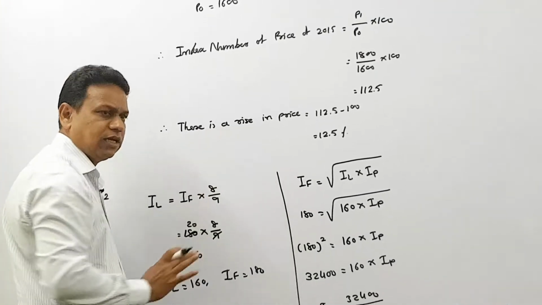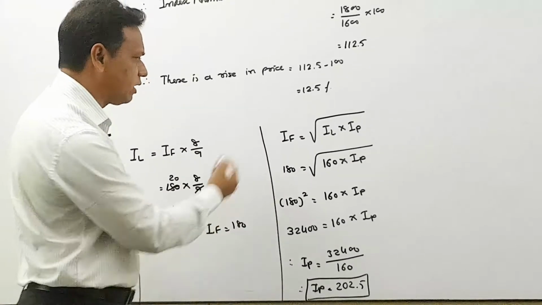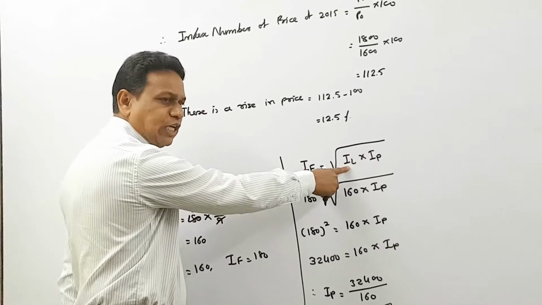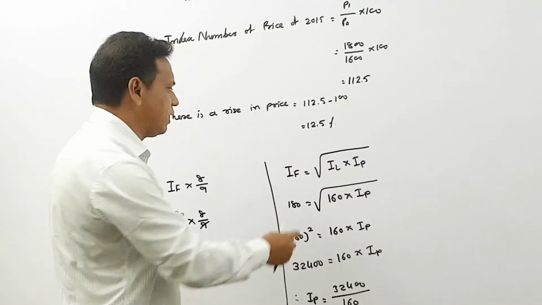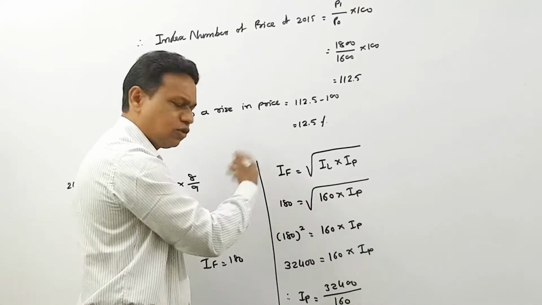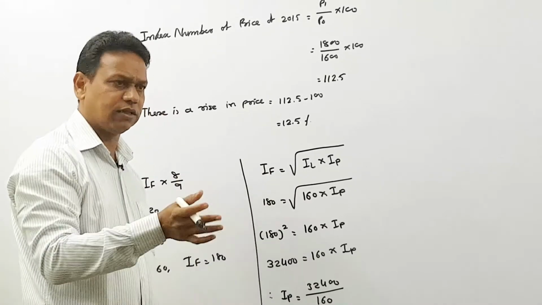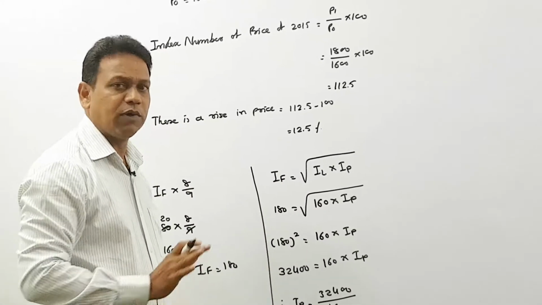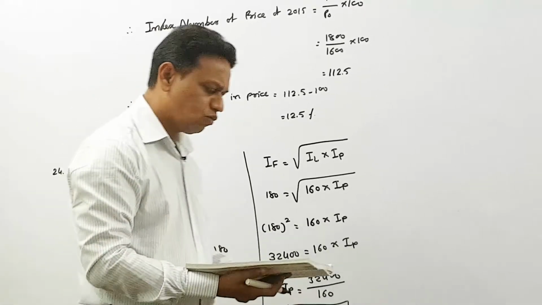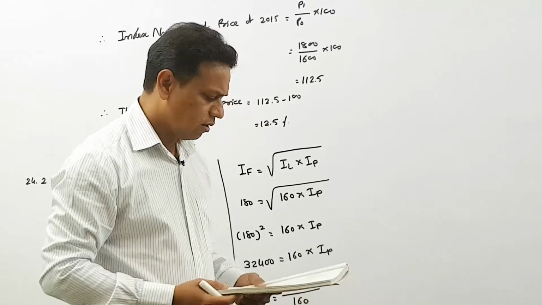A very simple formula is there, which is useful to find any kind of index number. Here they are asking for Paasche, sometimes they ask for Laspeyres, and many times they give two indices like Laspeyres and Paasche, and they want Fisher's index number. So by using a single formula, we are able to get all the solutions. But we have to take some mathematical steps wisely. Okay.